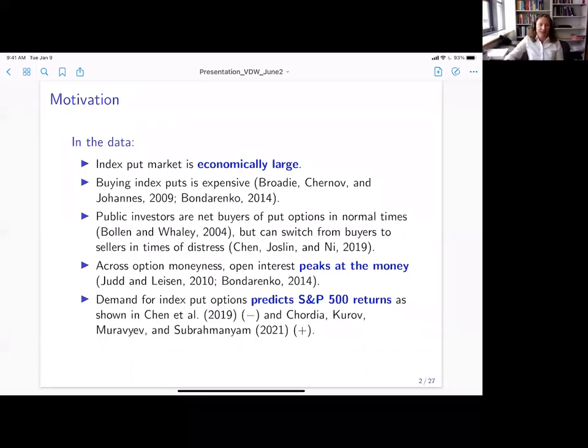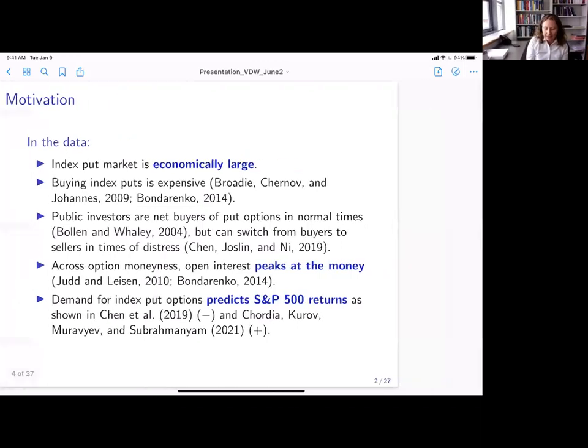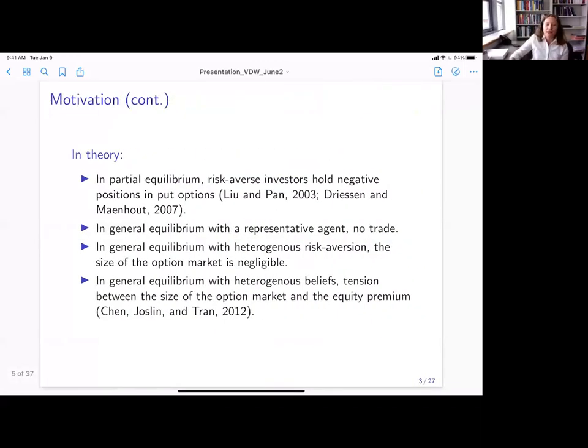And finally, we have some new empirical evidence, and Dima here is part of this research, that speaks about the connection between the trading activity in the put option market and the stock market, risk premium in particular. Interestingly, these two works that I have here on the slide find the opposite direction of this option-stock relationship.